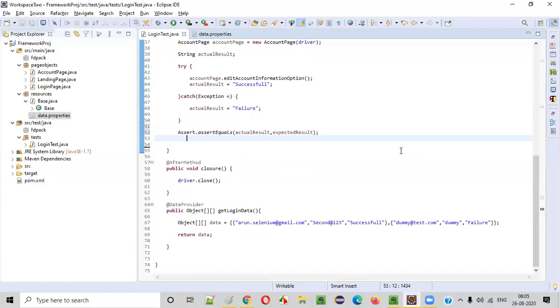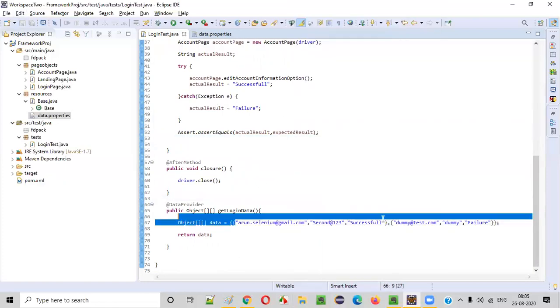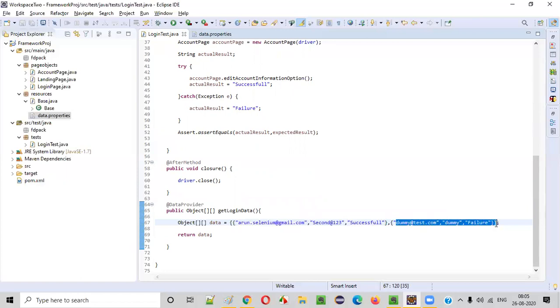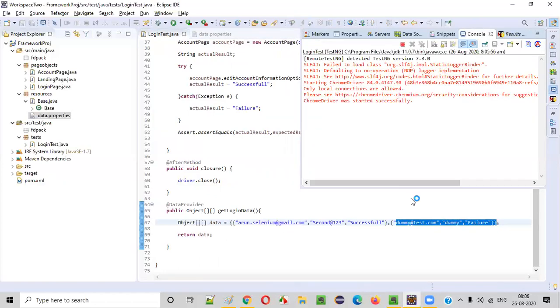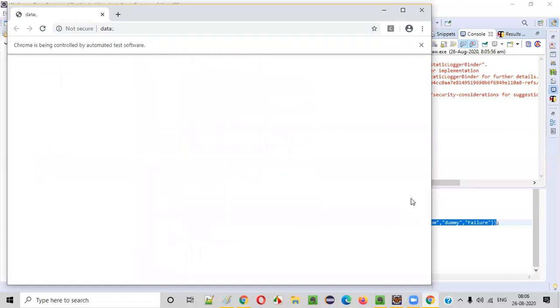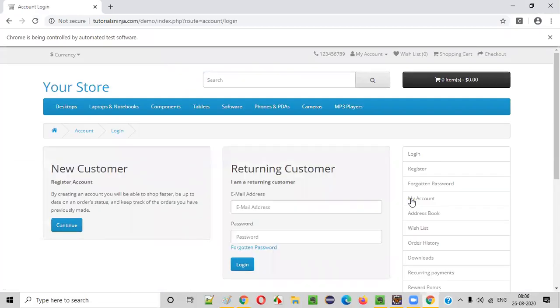Now save this and run the code. Okay, this time the test should pass, guys. In this data, it should be a successful login. In this data, the login should fail. So expected should be failed. So both the tests should pass. Right click, run as TestNG test. Otherwise, if these things are not working properly, there will be a defect, guys. You have to report a defect to your client. According to the data, the test should log in or should not log in. Like this, we are writing the logic.